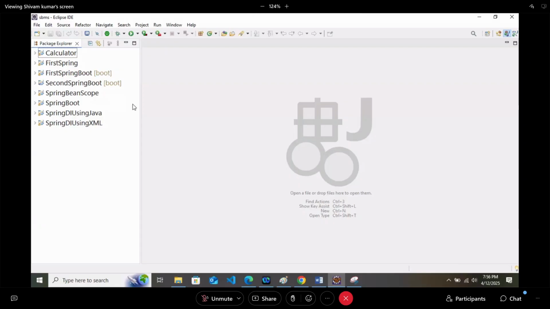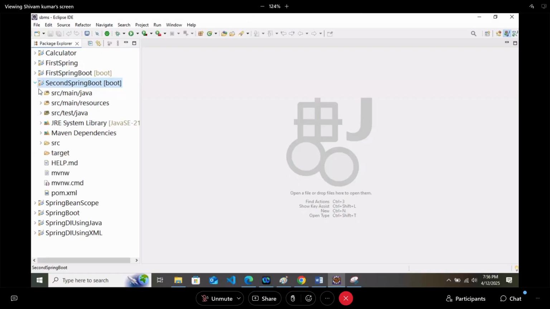So here we got the Second Spring Boot project, in which in brackets it is written as boot. As you are using the STS plugin now, you will not get a zip file. Directly you will get the project here. So you don't have to extract, cut, paste, nothing. Just open this and you will get the same thing as previously.